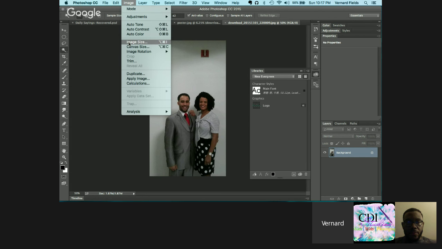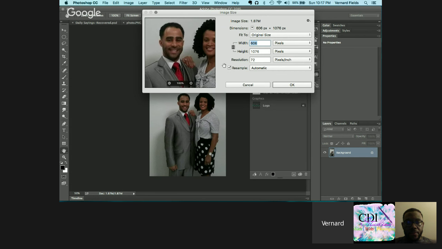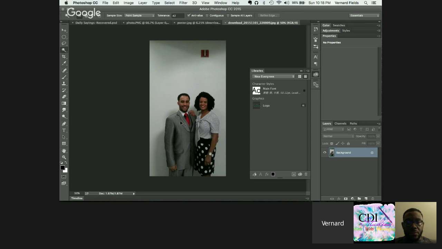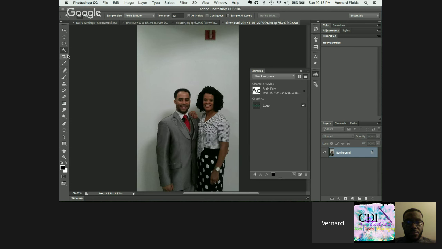Okay, so I'll go to image size, and it's set at 72 dpi. That's the resolution, and those are the pixels right there. And I guess that's decent. I mean, you have to take what you can, what you work with, and you have to make it work. So what I'm going to do is go ahead and do a quick